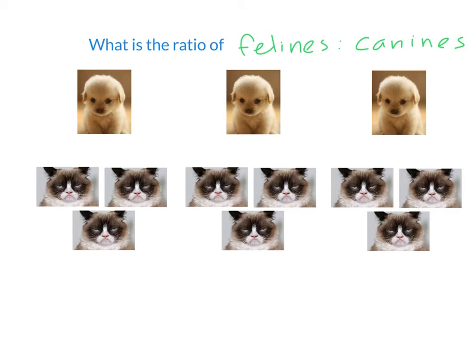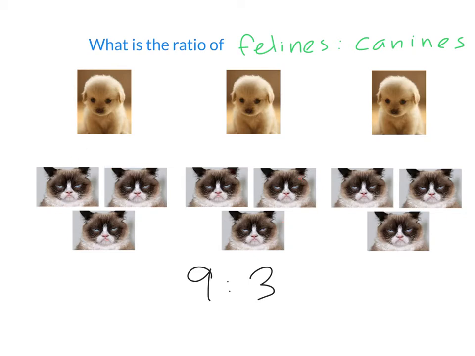We're gonna count out the felines. 1, 2, 3, 4, 5, 6, 7, 8, 9 grumpy felines. Let's write down our 9 grumpy felines right here. 9 to, and you guessed it, 1, 2, 3 canines. That's another part to part because we're taking this part right here and we're trying to find out these different